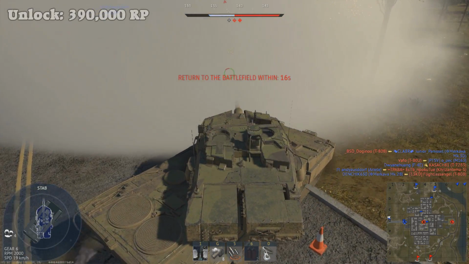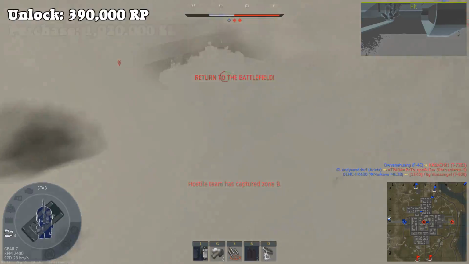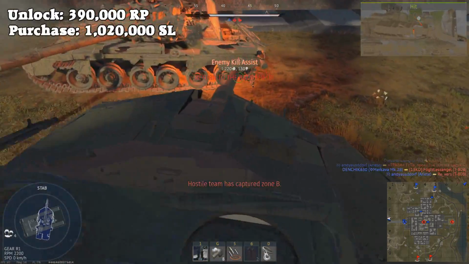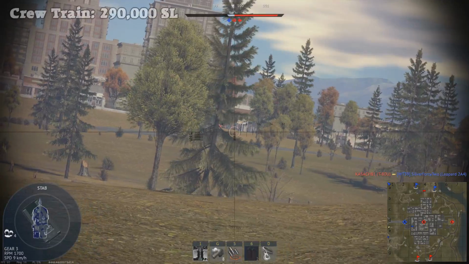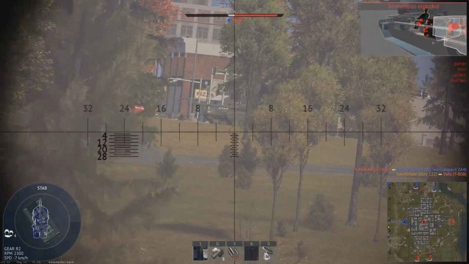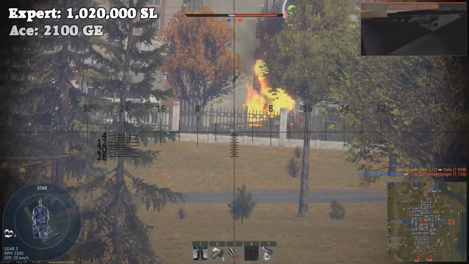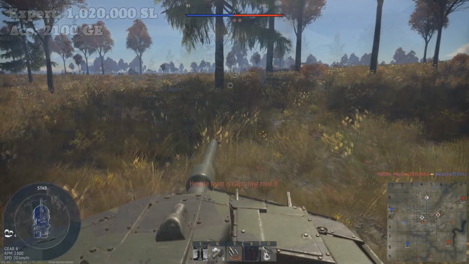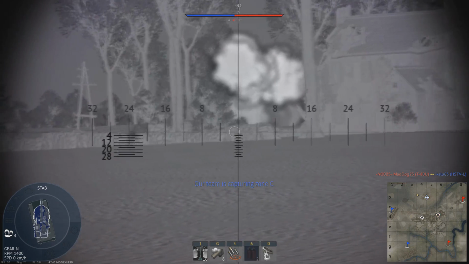To unlock this tank, you will have to grind out 390,000 research points before purchasing the tank for a cost of 1,020,000 silver lions. After this, you will then have to add the tank to your lineup for a cost of another 290,000 silver lions. You can then additionally purchase the Expert and Ace qualifications for the tank, costing 1,020,000 silver lions and 2,100 golden eagles respectively. At the current time of recording, this tank has the highest repair cost of any top tier vehicle,